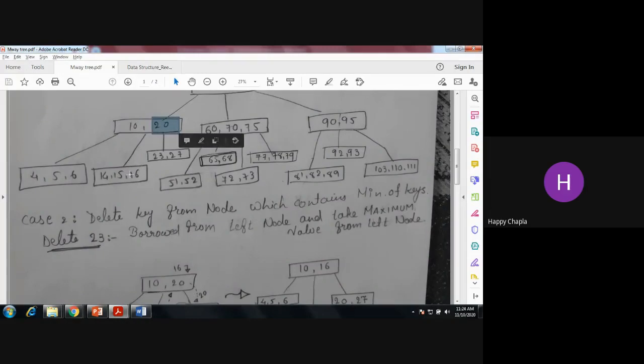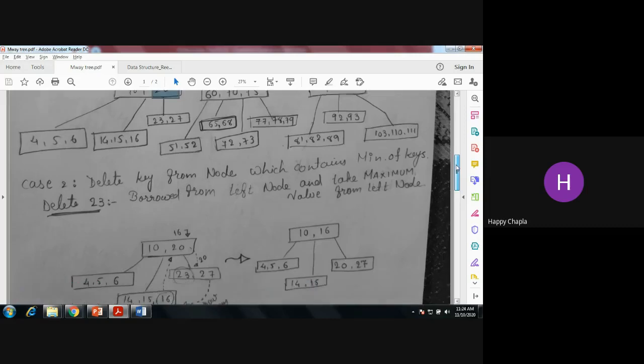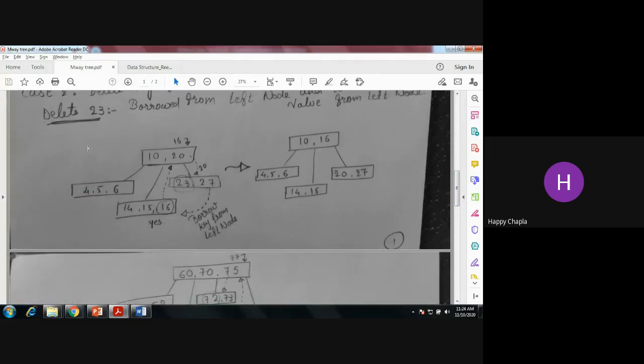So we are just trying to move, push your 16 to the parent place and take your 20 down towards the leaf node. So here is the scenario, right? This is the scenario. What are we doing? We are borrowing from the left key. They say yes, you can borrow the 16. So 16 will replace over here the 20. We are deleting 23 and that 20 is coming down towards your tree.